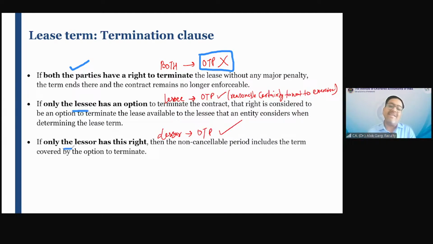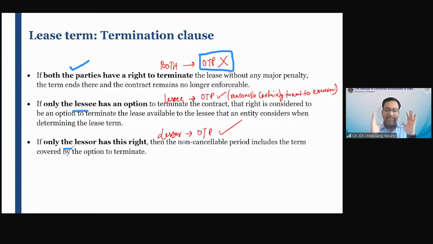If only lessor has this right, lessee does not have a right to terminate. Only lessor has a right to terminate. Then, while computing the lease term from the lessee perspective, whether optional termination period has to be considered? Yes, sir. Considered. Yes, consider. Lessee के पास तो right ही नहीं है ना. For example, initial 1 year is a rent-free period, and the next 9 years is a non-cancelable period. Means only lessor can terminate. Lessee cannot terminate. तो lessee जैसे terminate करने जाएगा, lessor will say, pay me the full money. Okay, you can terminate, but pay me the full money.